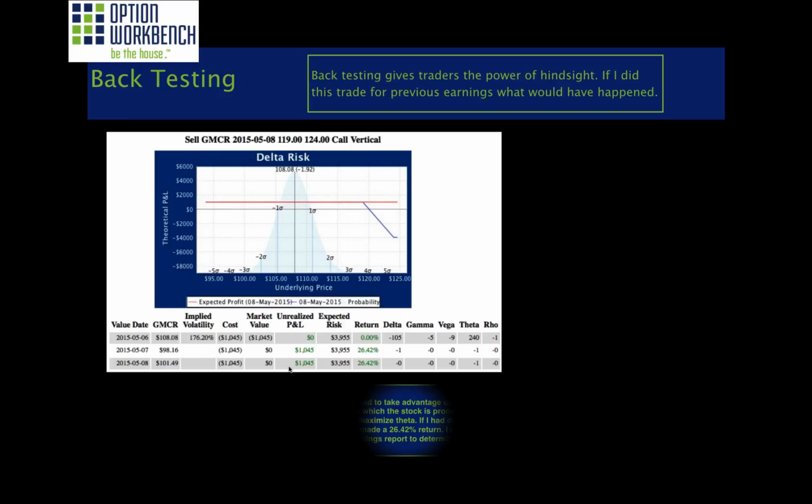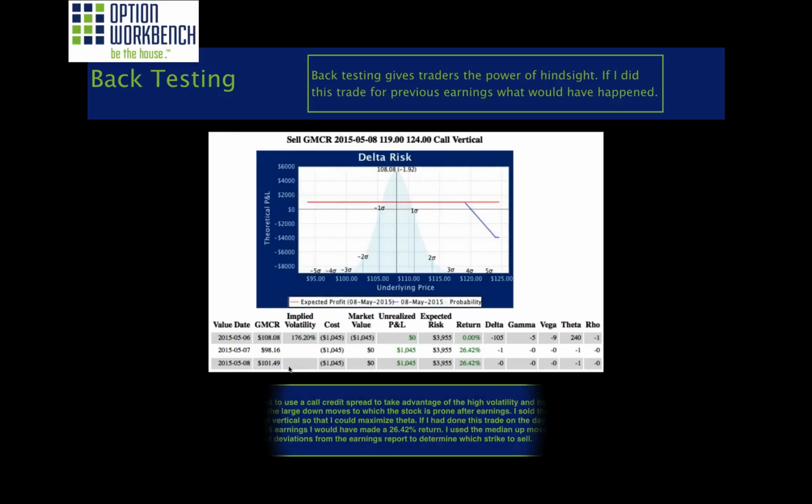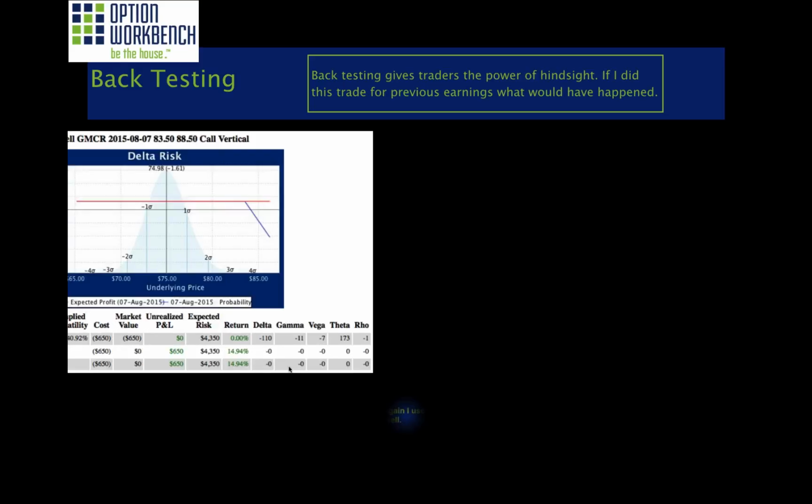Okay, so for the back testing, I decided after looking at the data on the volatility and the earnings report that if I was going to do something, I would want to sell volatility, but I need to hedge against a potentially really big down move that the stock can show.